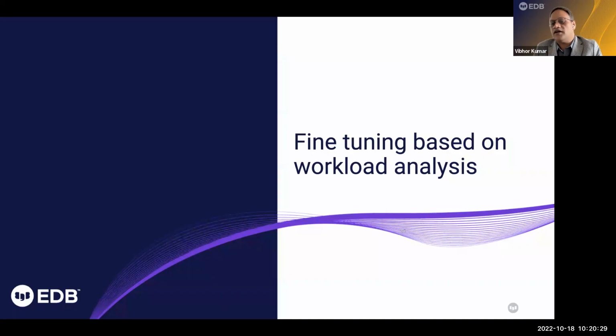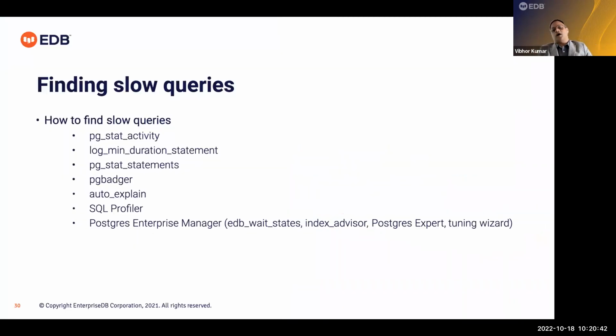So as you can see, we have covered the system, then we covered the operating system parameters, and we covered the PostgreSQL parameters. Now there is another thing which you need to keep in mind. How would you like to tune your PostgreSQL based on the workload, right? That is, how would you find out those slow running queries? There are some important